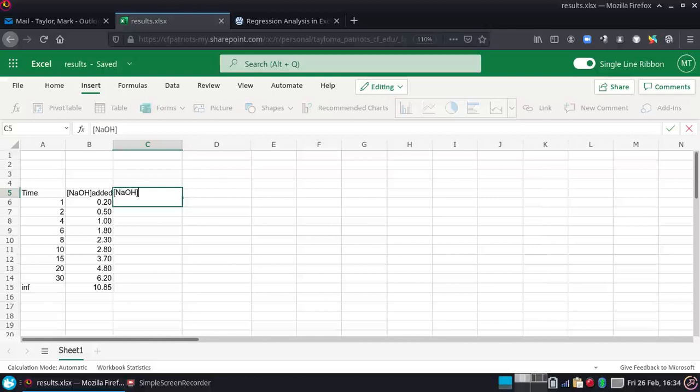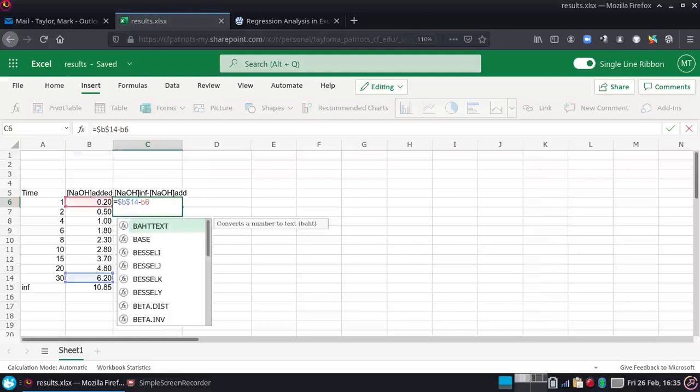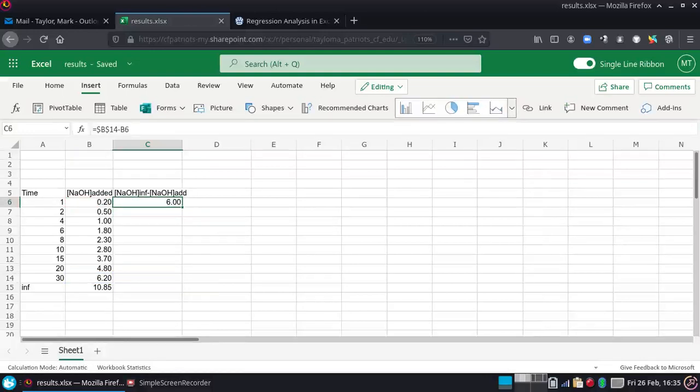So I want to look at the difference between the maximum amount added, so the concentration at time infinity, minus the amount that was added, NaOH, because the part that's not there is probably the t-pentyl chloride that's not reacted. And we are going to get that by taking that value that's in B14, and I want to use that column for all these calculations. I'm going to put these little dollar signs, and then I'm going to subtract the column next to it, the B6, and then I'm just going to,